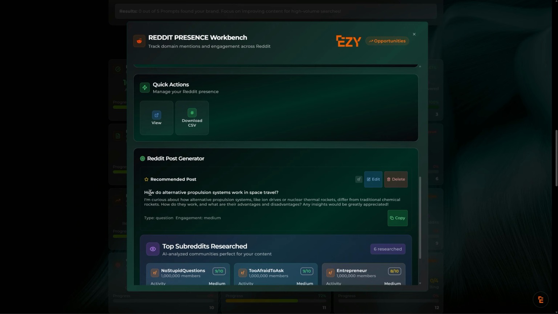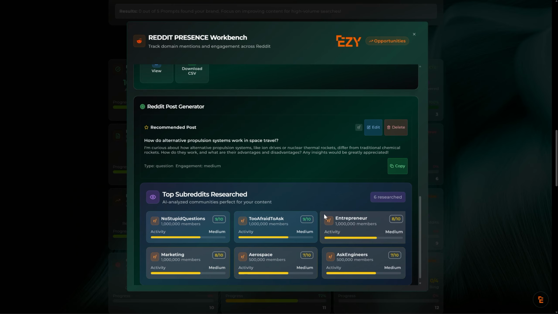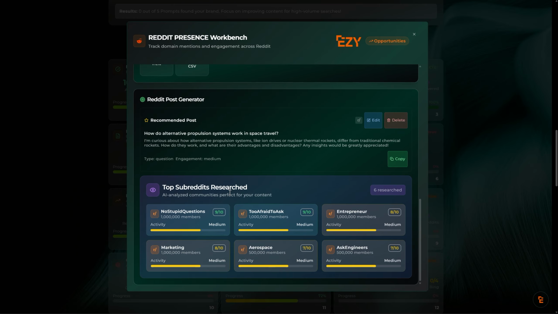So here's a recommended post. How do alternative propulsion systems work in space travel? I'm curious about how alternative propulsion systems like ion drives or nuclear thermal rockets, etc. Now, all you can do, you can edit this, you can copy it, and you can post this to one of these subreddits. Now, you have to make sure that you follow all of the guidelines, which typically means no